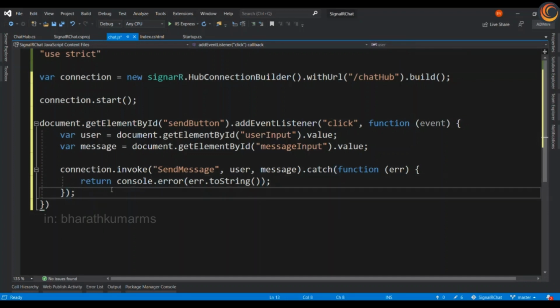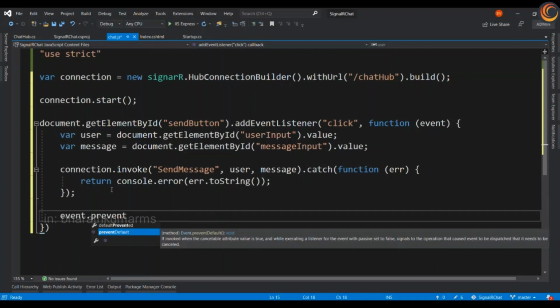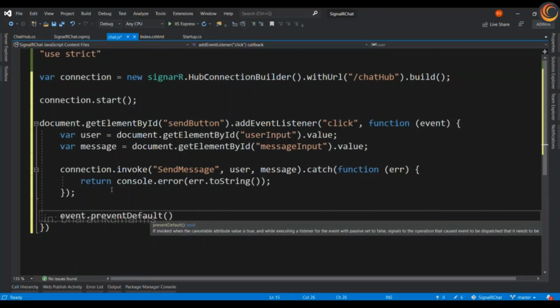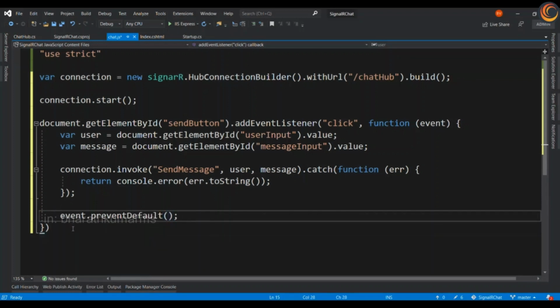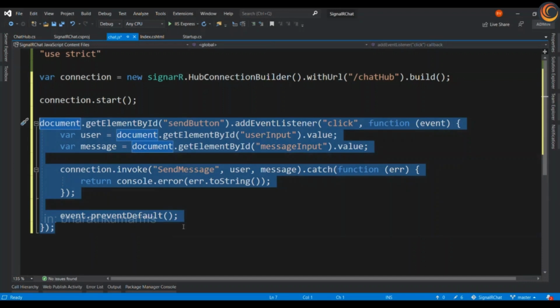And prevent default. All right. Now this is the code that is going to publish the message.